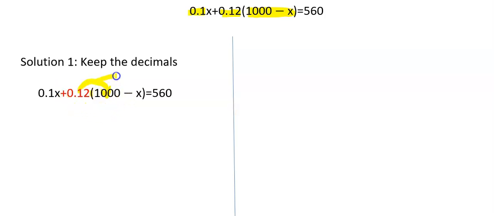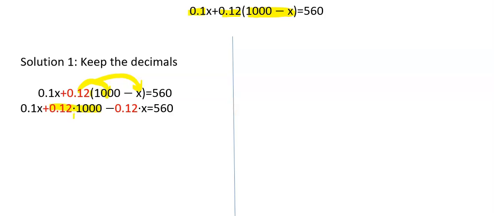And then we're going to distribute 0.12 to negative x. So this is what we have here. The red number 0.12 is the one that has to be duplicated, which is distributed. Each copy is distributed to one of the terms inside the parentheses. So now we're going to simplify this and multiply